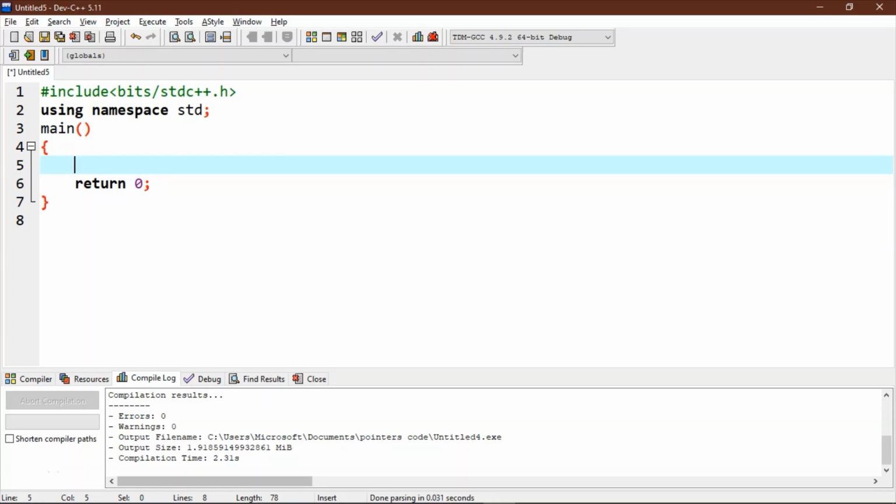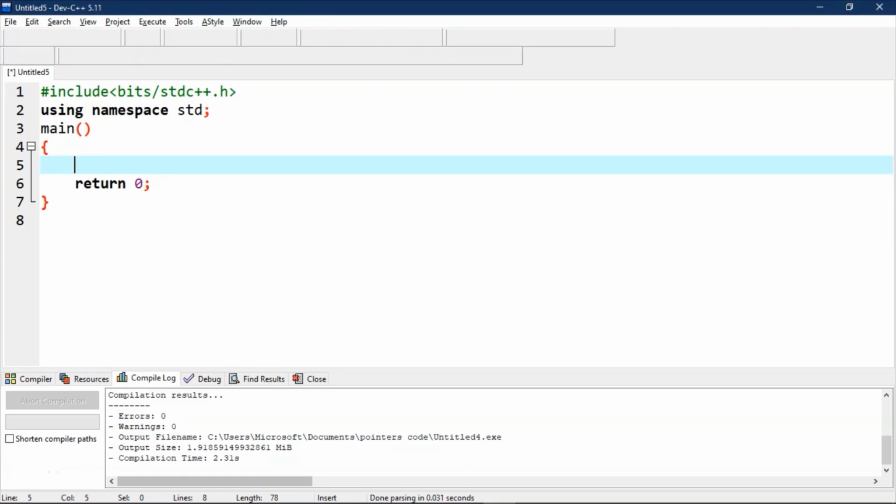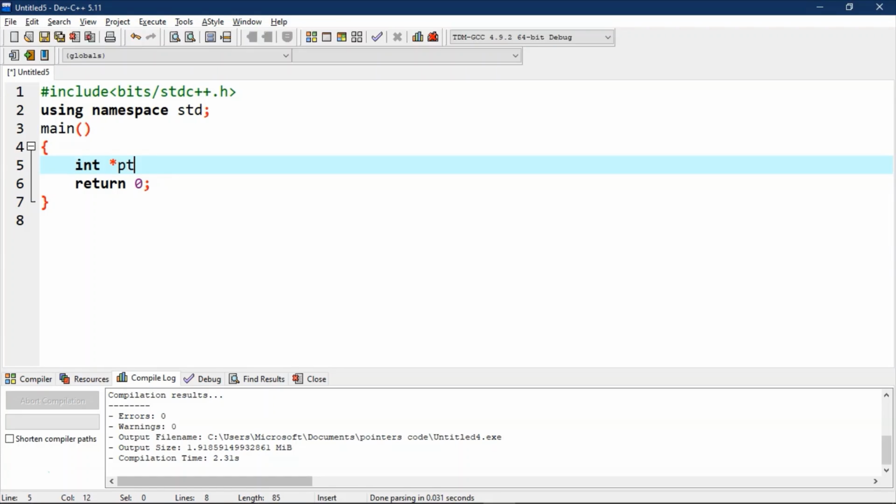Let's declare a pointer ptr. Here we will dynamically allocate memory using a malloc function. To do this, we will put int star in a bracket, then the malloc function, then in another bracket we will put the memory size to be allocated.